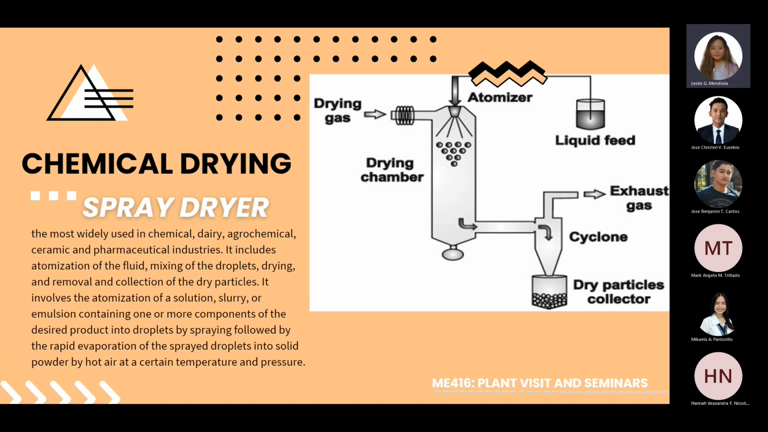It involves the atomization of a solution, slurry, or emulsion containing one or more components of the desired product into droplets by spraying followed by the rapid evaporation of the sprayed droplets into solid powder by hot air at a certain temperature and pressure. So, the spray dryer nagpo-produce ng dry powder product from liquid by rapidly drying with a